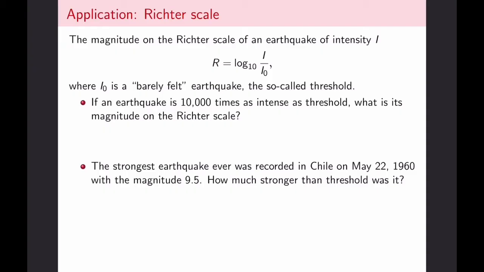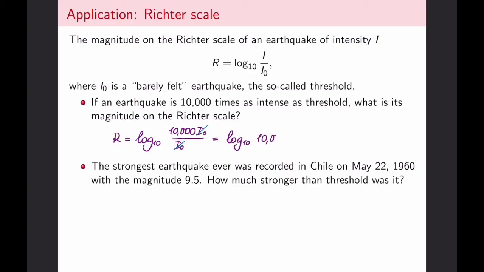So what I have, I'm trying to calculate the magnitude on the Richter scale, so I can simply, first of all, try to rewrite my formula. Now, I know something about this I in this case. It's the earthquake that's 10,000 times as intense as the threshold. So if my threshold is I naught, then I is simply 10,000 times I naught. That is what I put into my logarithm. Now, of course, I can notice here that I can cancel I naughts, and what I have is logarithm base